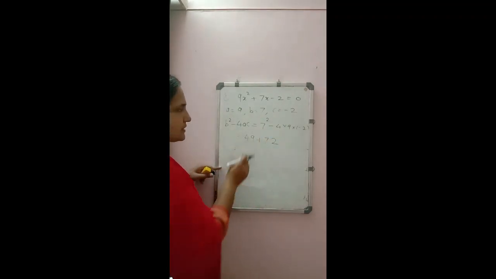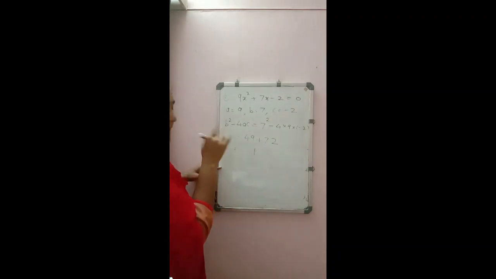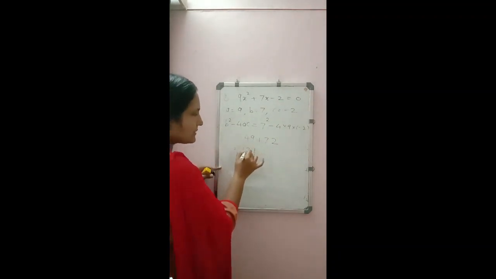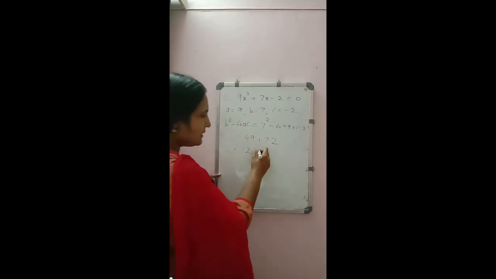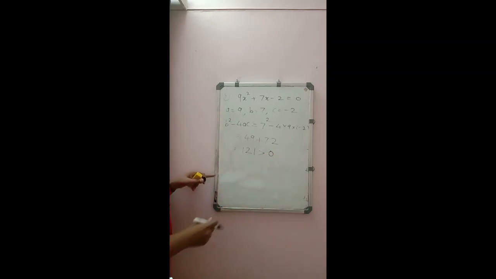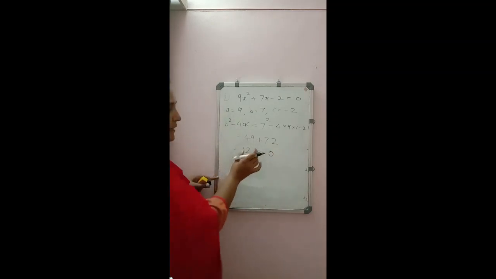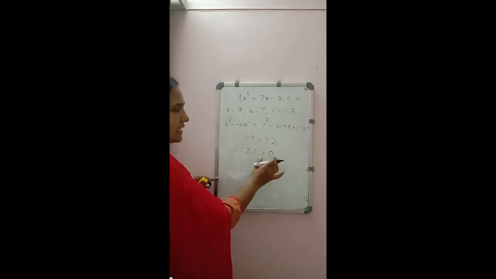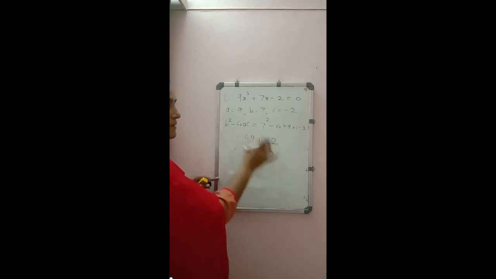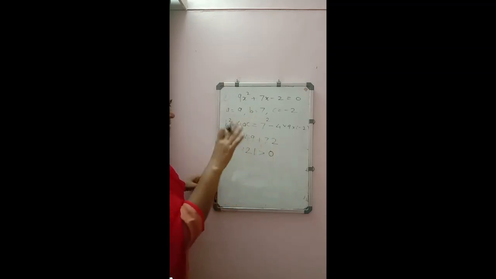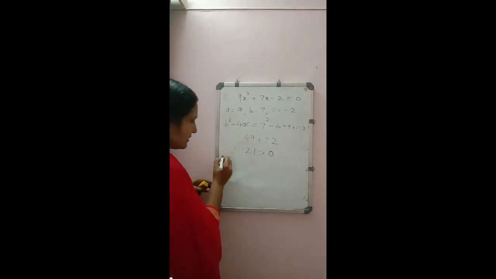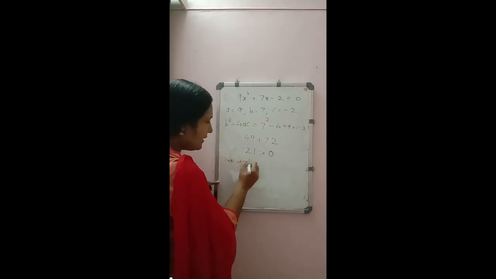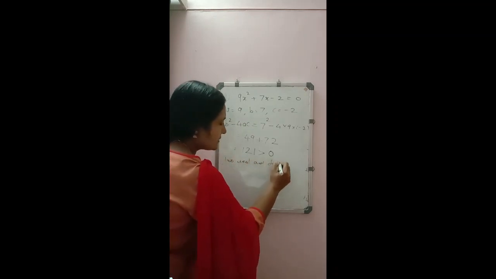Now we can add these two expressions. It will be equal to 9 plus 2 is 11, carry over 1, 7 plus 4 is 11, plus 1 is 12. So we are getting b square minus 4ac equal to 121, which is greater than 0. This condition should be written there. That's why it helps that whosoever is checking your paper will know that you know the concept, whether b square minus 4ac is greater than 0 or less than 0, what will be the nature of roots. So we are getting the value of b square minus 4ac greater than 0. Then we will write here, it will have two real and distinct roots.